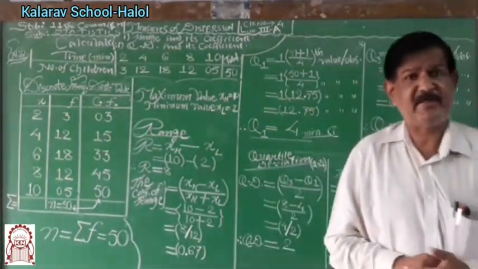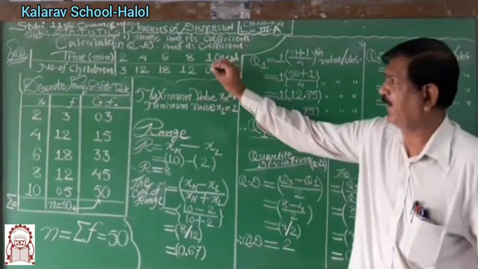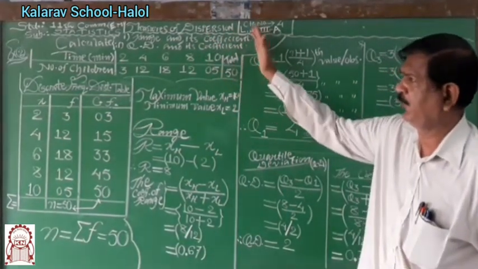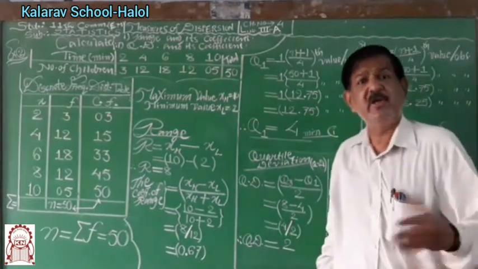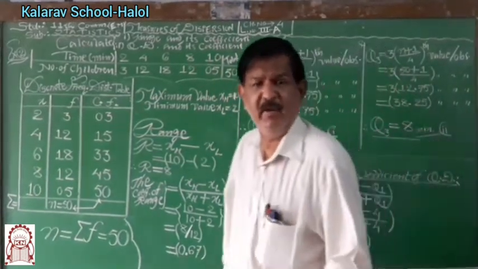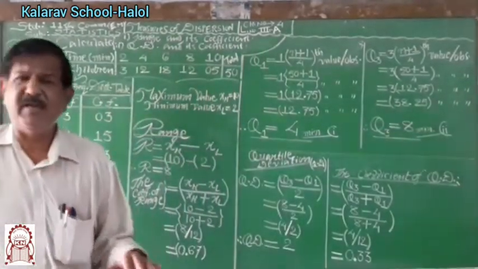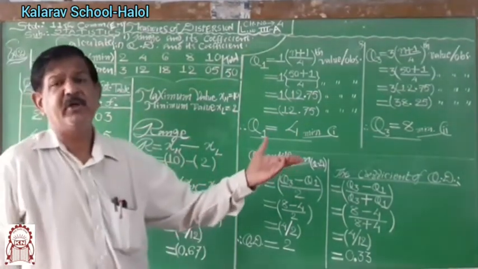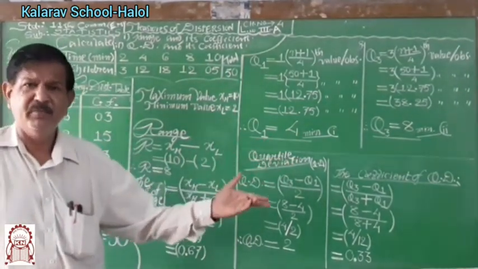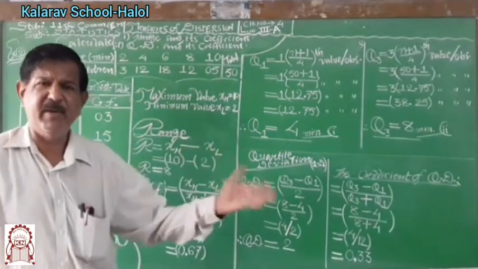You must practice at least 5 to 7 examples of the same type: range, coefficient of range, quartile deviation, coefficient of quartile deviation, so that you get the idea clearly. The idea must be clear in one's mind, so that in the examination, identification of the type of data does not create a problem for you. The exam becomes easy for you. That is my main purpose.